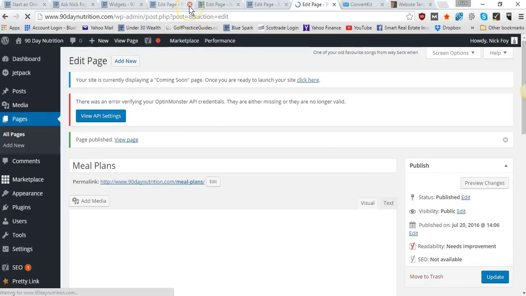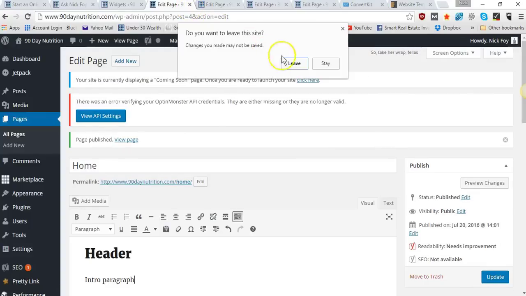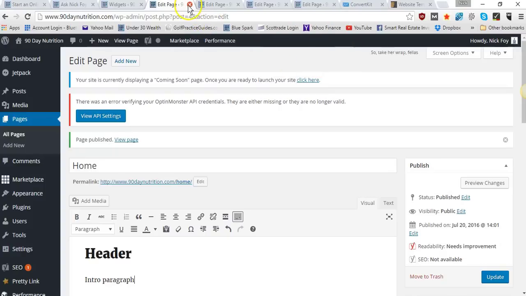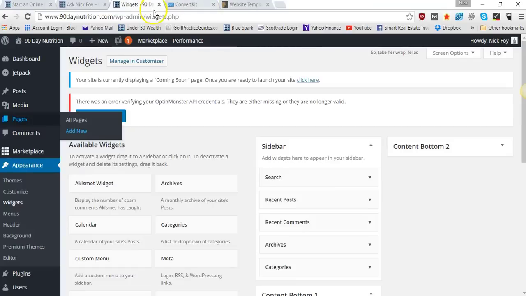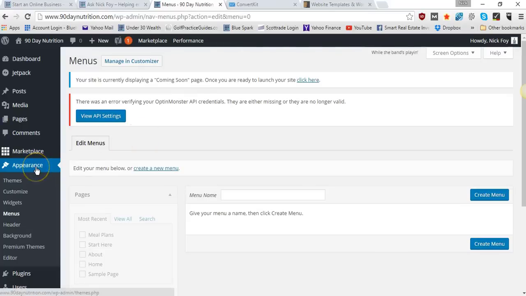Once you've completed all those, I'll go ahead and leave. I don't want to save those changes. So I'm going to go ahead and exit out of these. I've created my 4 different web pages. We created the sidebar. Alright, so now you're going to want to go under Appearance and click Menus, and it's